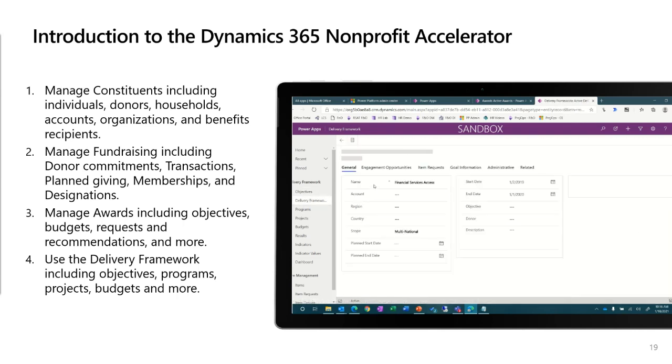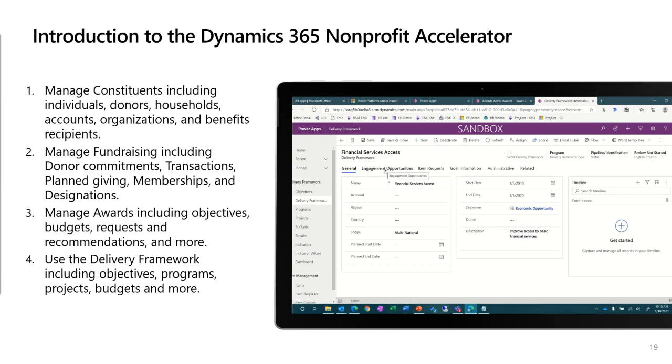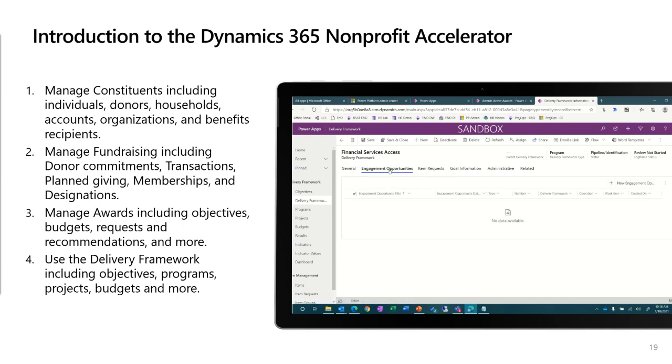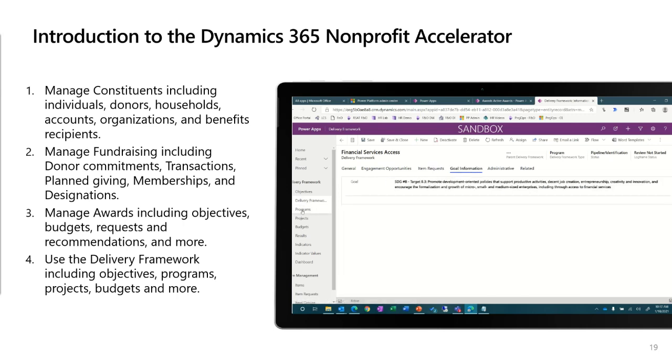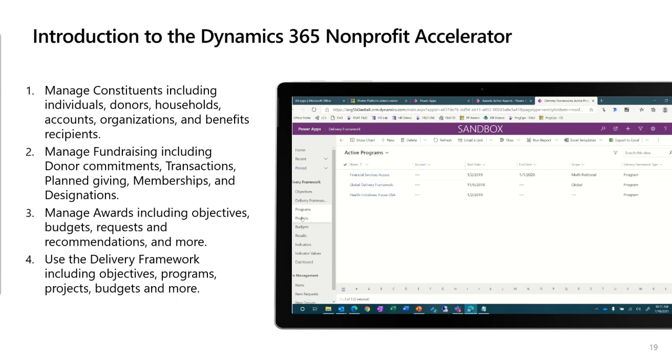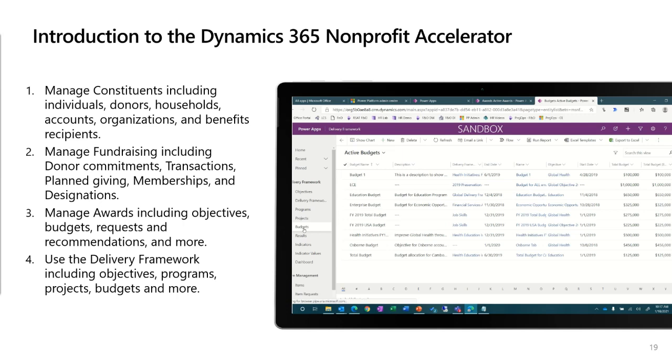So this allows us to keep track of all the different engagements that we have going on, the different item requests. So if you've got like a hurricane management and you're handing out bottles of water or food, right, you can document and detail all of that and create programs and projects to manage this, create budgets related to the information. And then you can also track the results of your